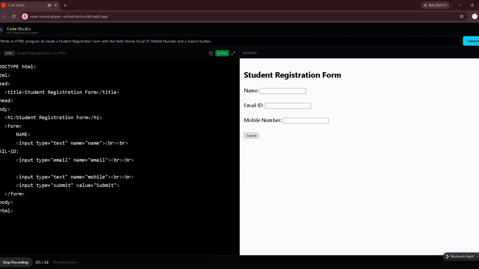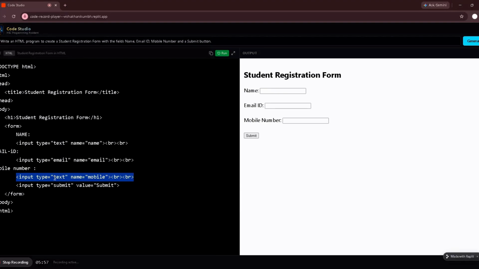The next is add the mobile number field. So we will write the heading mobile number, and then a text box is created for the mobile number.